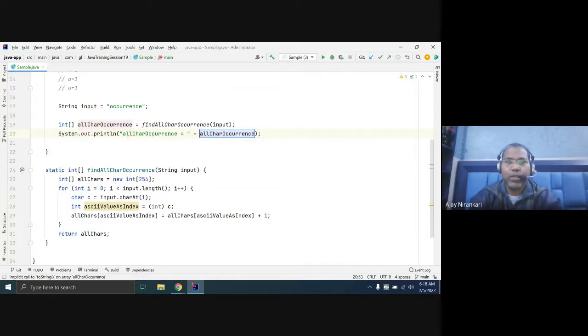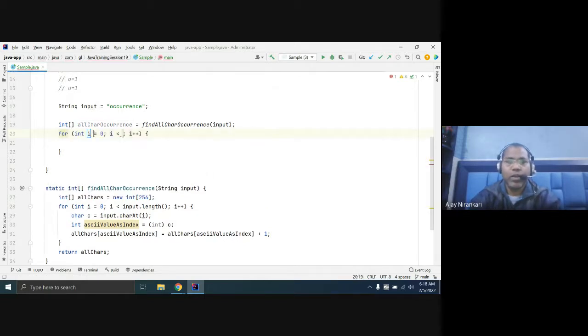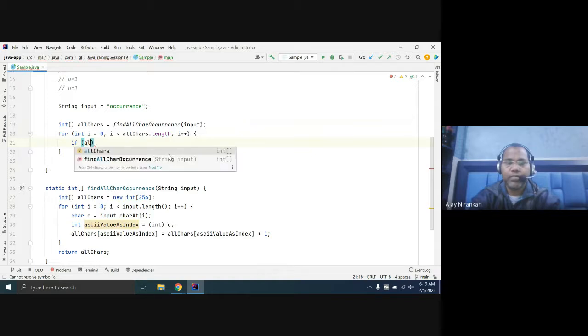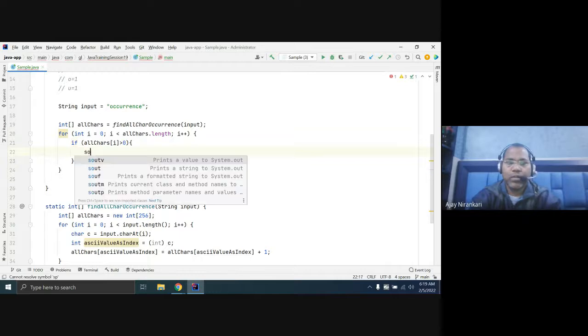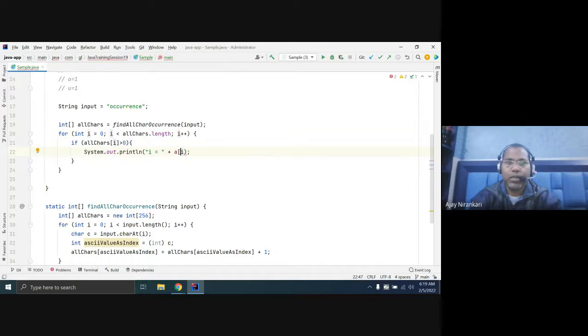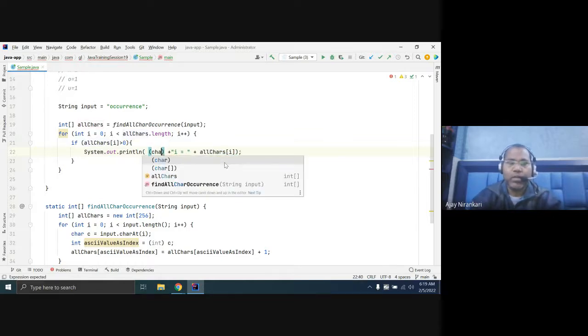Instead of printing everything, which returns all the zero values we are not interested in, simply use a for loop over all chars dot length, and if all chars of i is greater than 0, it means you found a character, so print it. Print the occurrence all chars at i, and if you want to print the character as well, typecast the index value to a char.